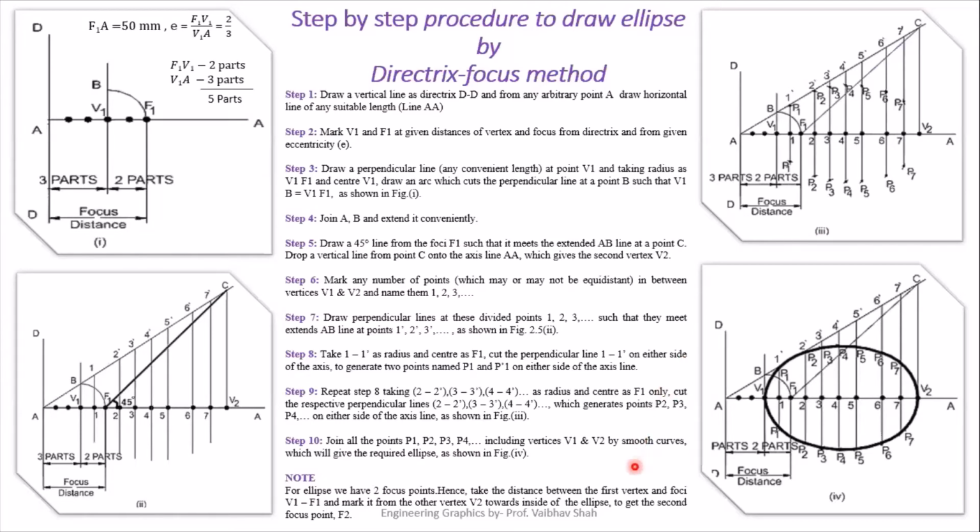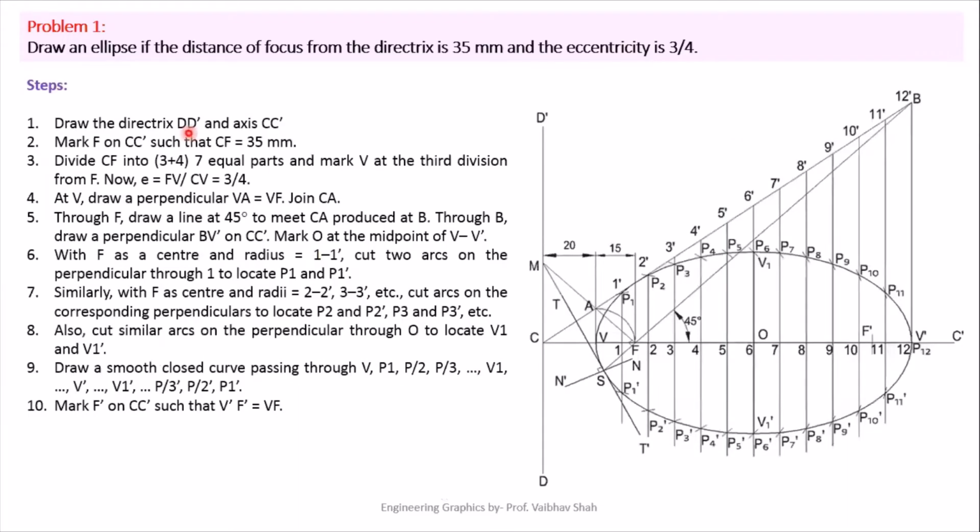So now let us see one example. Draw an ellipse if the distance of focus from the directrix is 35 mm, and eccentricity here is 3/4. So the distance of focus from directrix is given. That means your focus would be defined from this point 35 mm away from your directrix, and eccentricity is given. So first of all, let us draw the directrix D dash D, and from that let us select